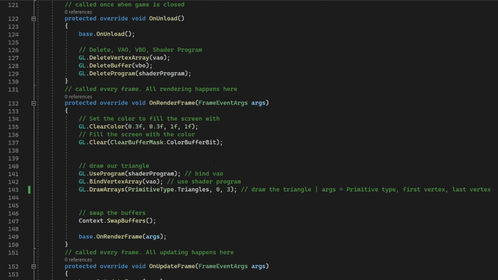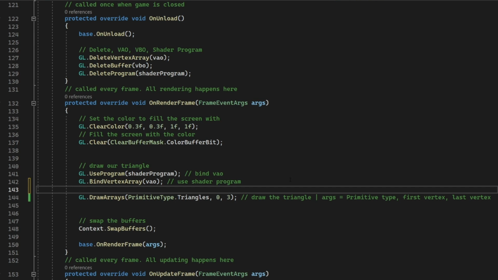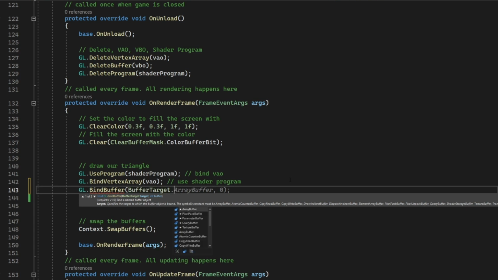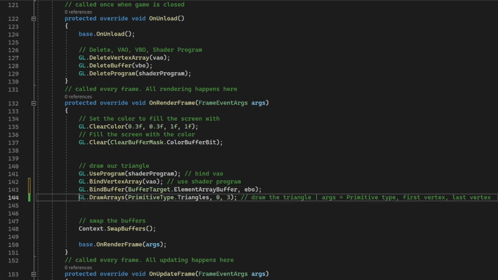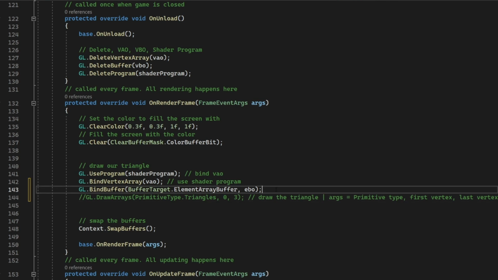So let's go down to our OnRenderFrame, which is where our drawing is happening, and below where we bind the VAO, I'm going to bind the EBO. So gl.bindBuffer, and then BufferTarget.ElementArrayBuffer, and then we need to specify the one we want to bind. So we're binding the EBO we created. And now instead of doing DrawArrays, I'm going to comment this out, and then above it I'm going to do